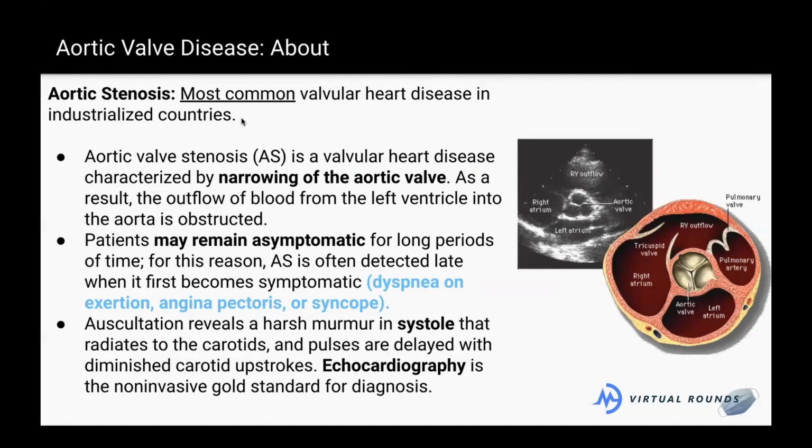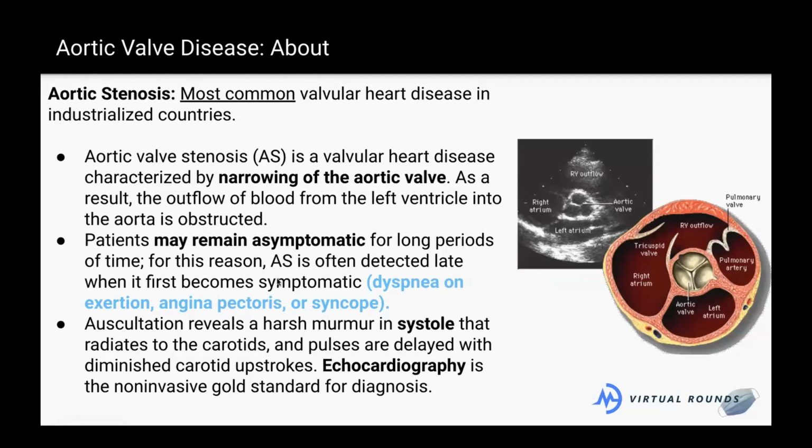It's the most common valvular heart disease in industrialized countries, just because as people eat bad diets and as people age, everything in the body gets a little bit broken down, kind of wear and tear. As that valve has been doing work for your whole life, it gets a little bit calcified. It's kind of like people get osteoporosis in their joints from overuse. This is like the osteoporosis of the heart, you can think of it. So it's a narrowing of the aortic valve, resulting in an outflow blood obstruction. Blood is not able to get into the aorta as easily. It's being trapped by this really stiff valve.